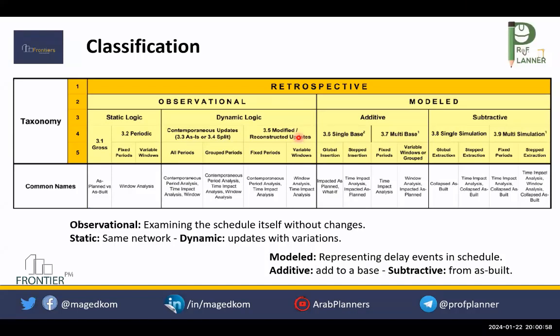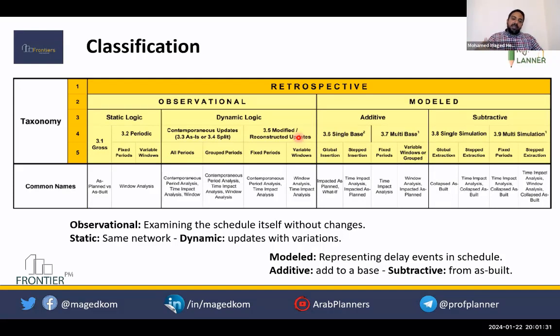After reconstruction only, we can identify who is responsible for each delay event. Until then, we cannot tell. Responsibility is based on the contract and its risk allocation. After responsibility, you see the impact of the event, quantifying the critical delay it caused, because the entitlement would be the critical delay caused by each event.